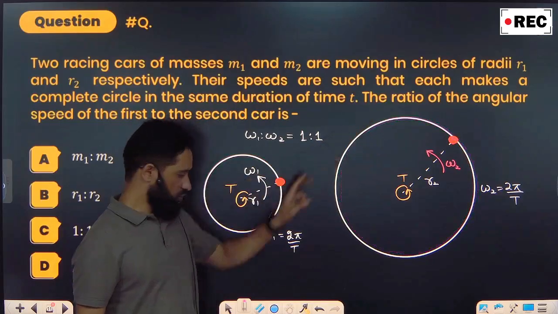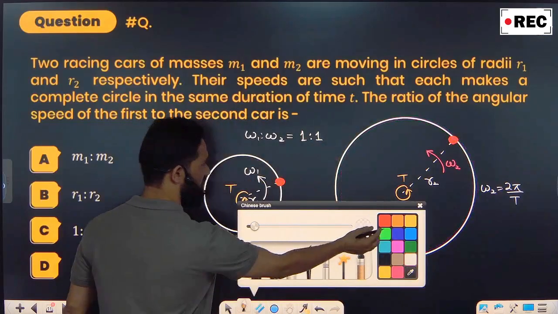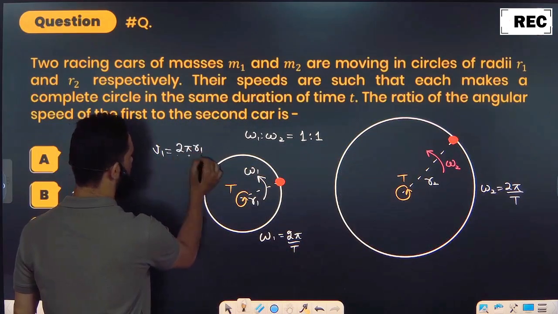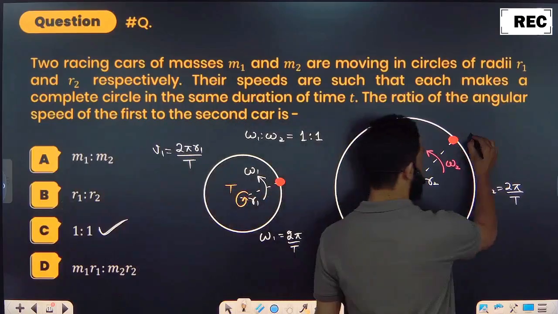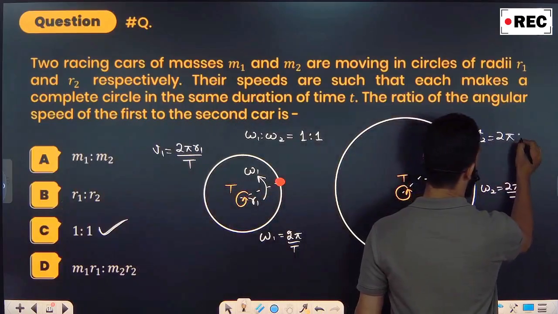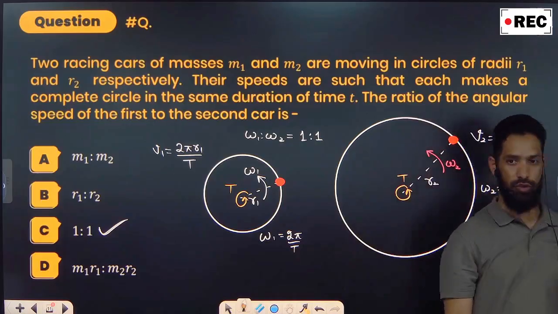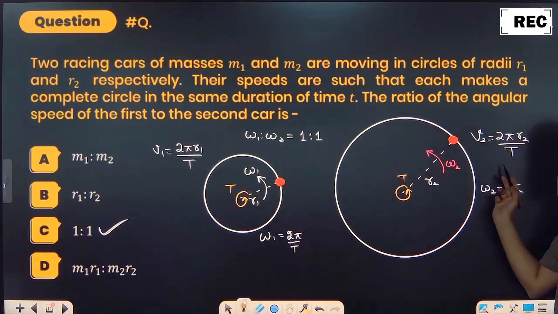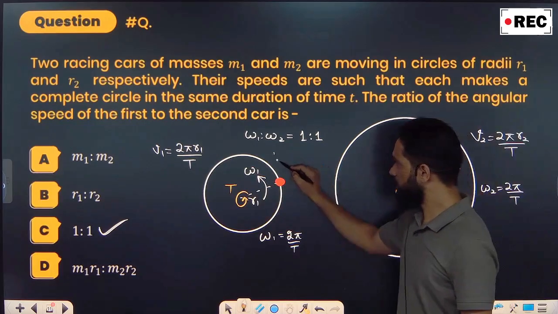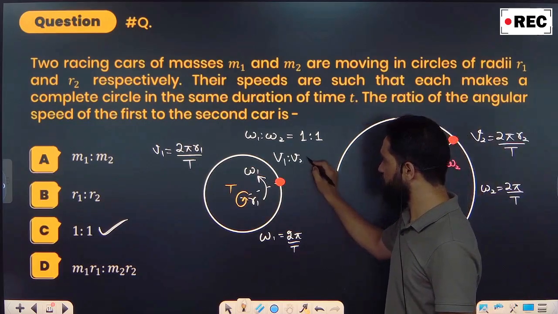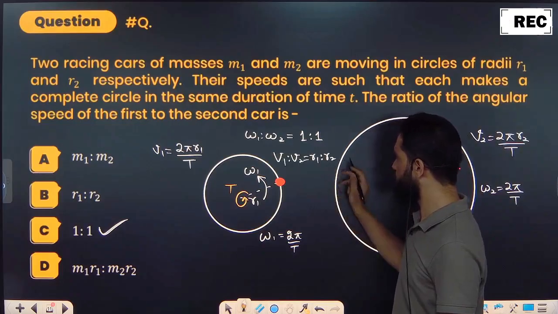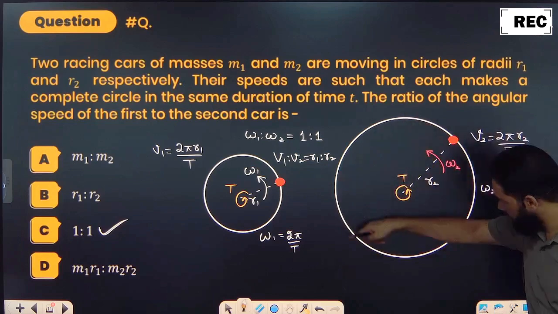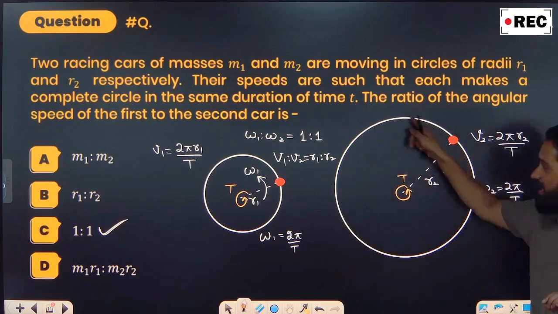This one. So if I calculate the speed, can I write down पहले का speed क्या होगा? Total distance 2 pi r1 by t. What is the next speed? 2 pi r2 by t. Total distance by total time. Average speed तो ये होता है ना? Total distance by total time, 2 pi r2 by t. So which one is more? I would write down v1 is to v2 is R1 is to R2. If R2 is more, V2 is more. Clear? Because it has to come in the same time, it has to cover more distance.